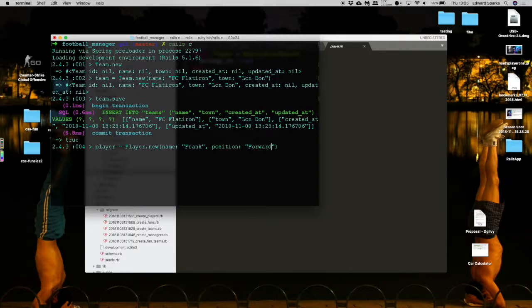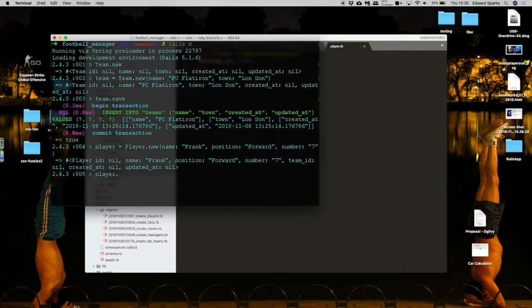Left back in the locker room. Forward, and do they have a number? Yeah. Okay. Bit of a problem with number because I forgot to do something. It's a string. Number 7. That'll be fine. Okay, so now we will just save player to our database, but we also need to add